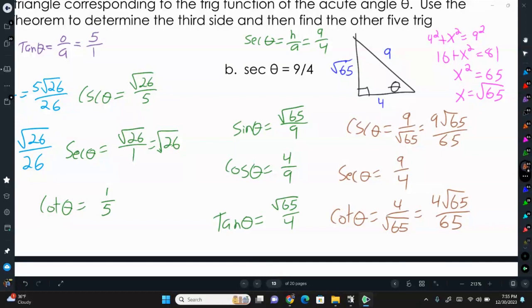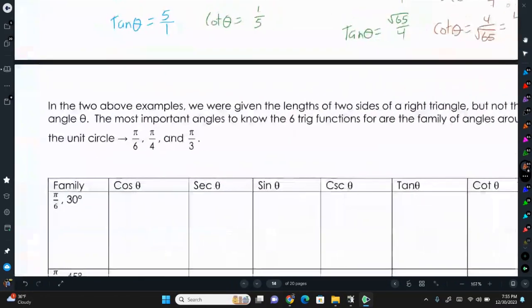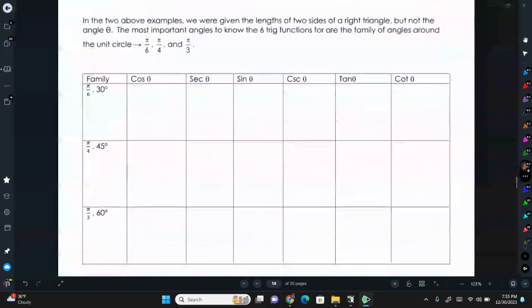All right, so check your answers here. Remember to rationalize your denominators. You don't need to show what you're multiplying by, so these should be your answers. Now on the next page, we're going to fill in this table with the 6 trig functions of our families